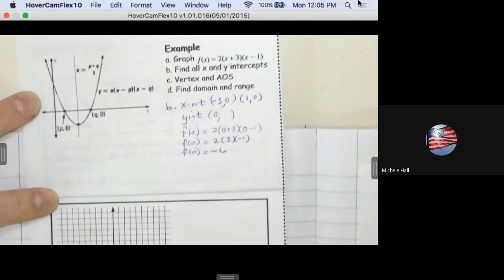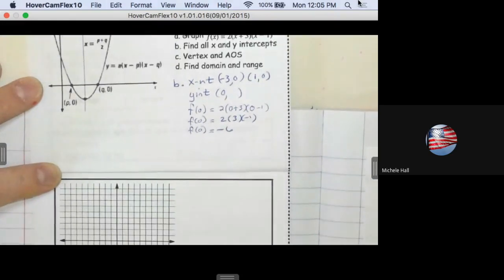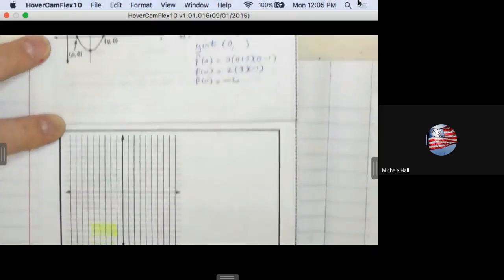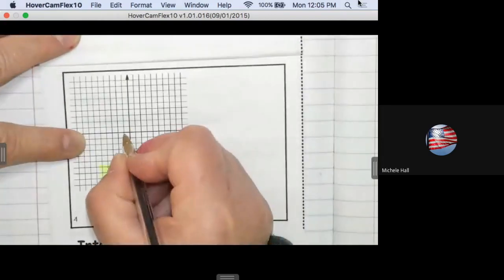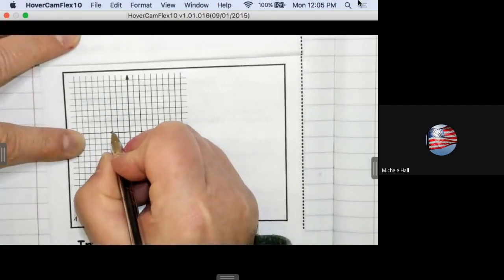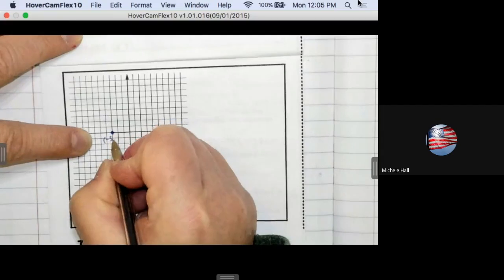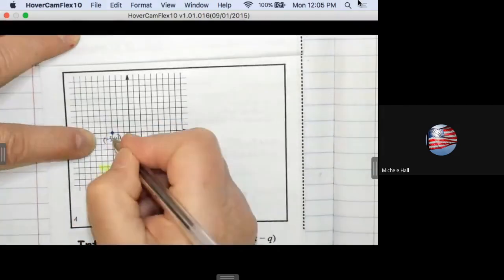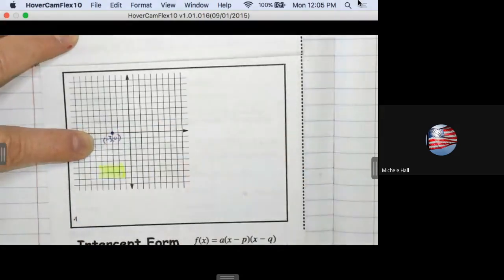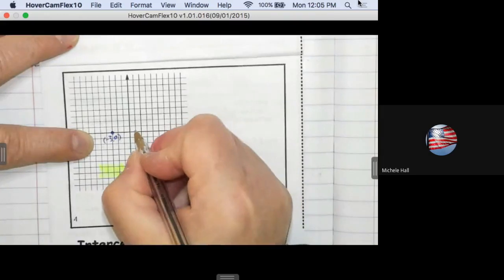So we do have this graph down here. I'm going to transpose some of this information, my intercepts. We have negative 3, 0, 1, 2, 3. When it says label, this is how you label it. I don't ask you to label all the time, but when it says label, that's what I'm labeling, an intercept. That's what it looks like. And then at 1, 0,